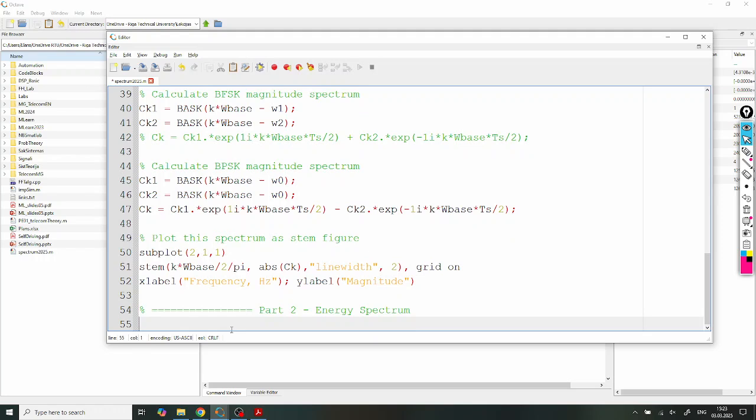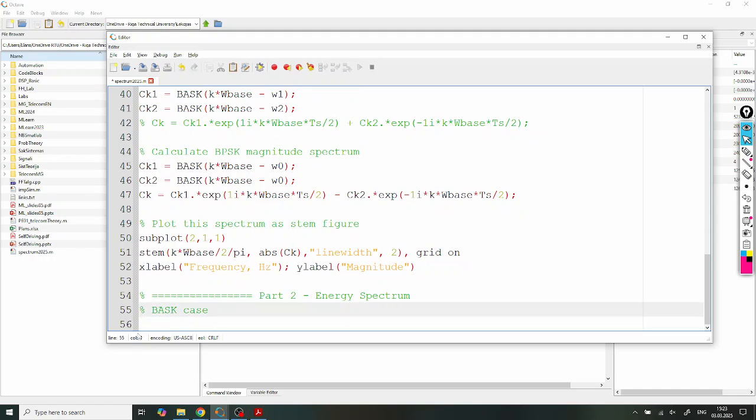So again, we'll start with amplitude shift keying, then frequency shift keying, and then phase shift keying. For phase shift keying, it's actually very easy to go from amplitude shift keying. You just multiply with 2 and you are done. But for amplitude or frequency shift keying, you will need to calculate two modulations as before. So BASK case,